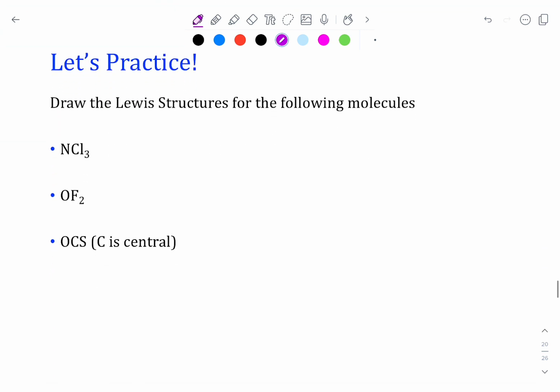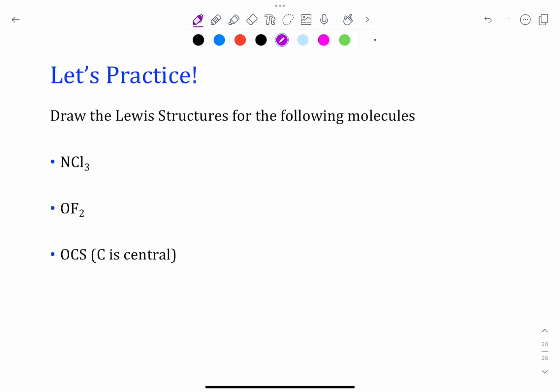Okay, let's do a few more. What I want you to do is try these on your own. It's okay if you mess up. Remember, the point of trying these on our own is to get stuck and then use our videos to get unstuck so that we learn the topic even more. So I have 3 examples here that follow the same rules that we did before. Keep using those rules, get used to using those rules for drawing Lewis structures, and try these 3